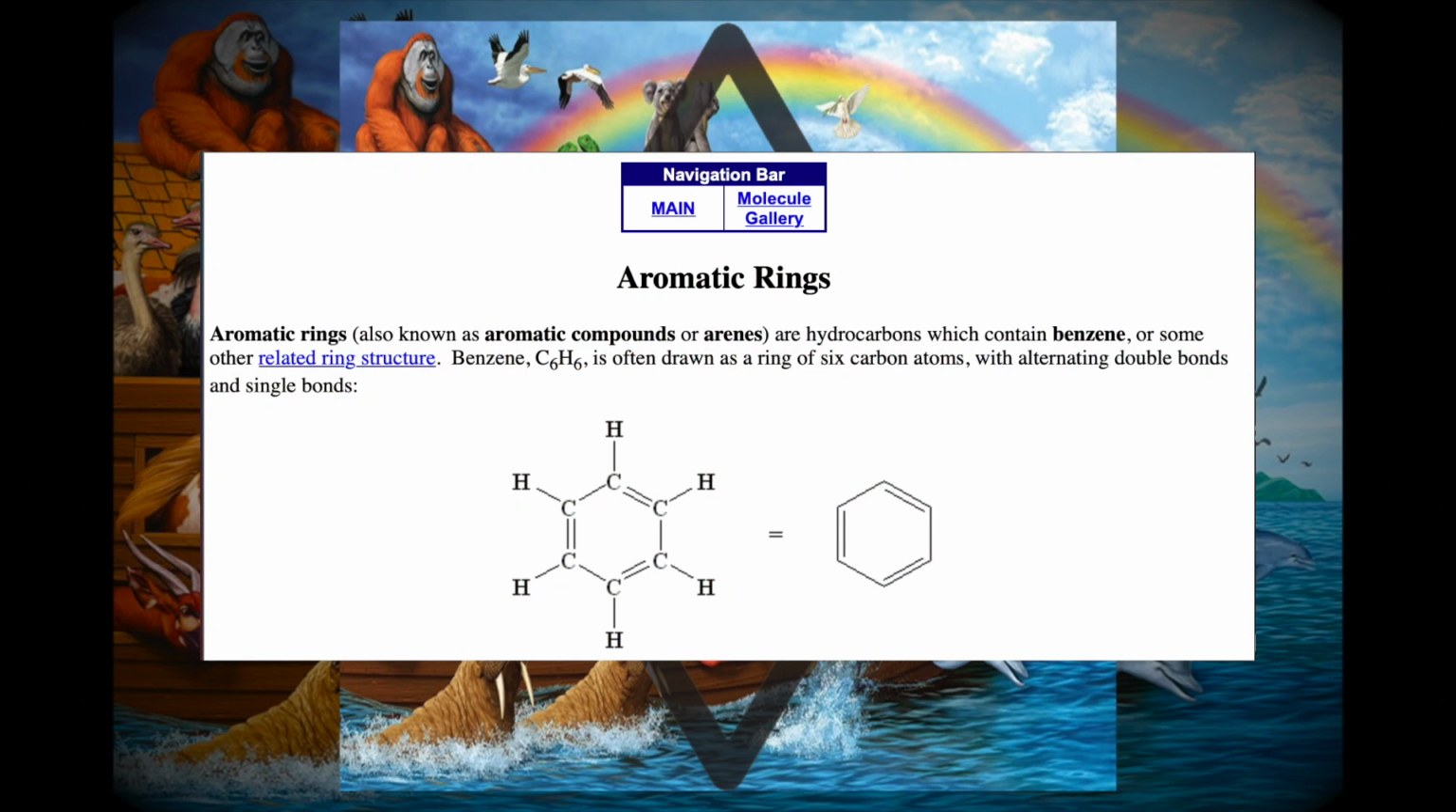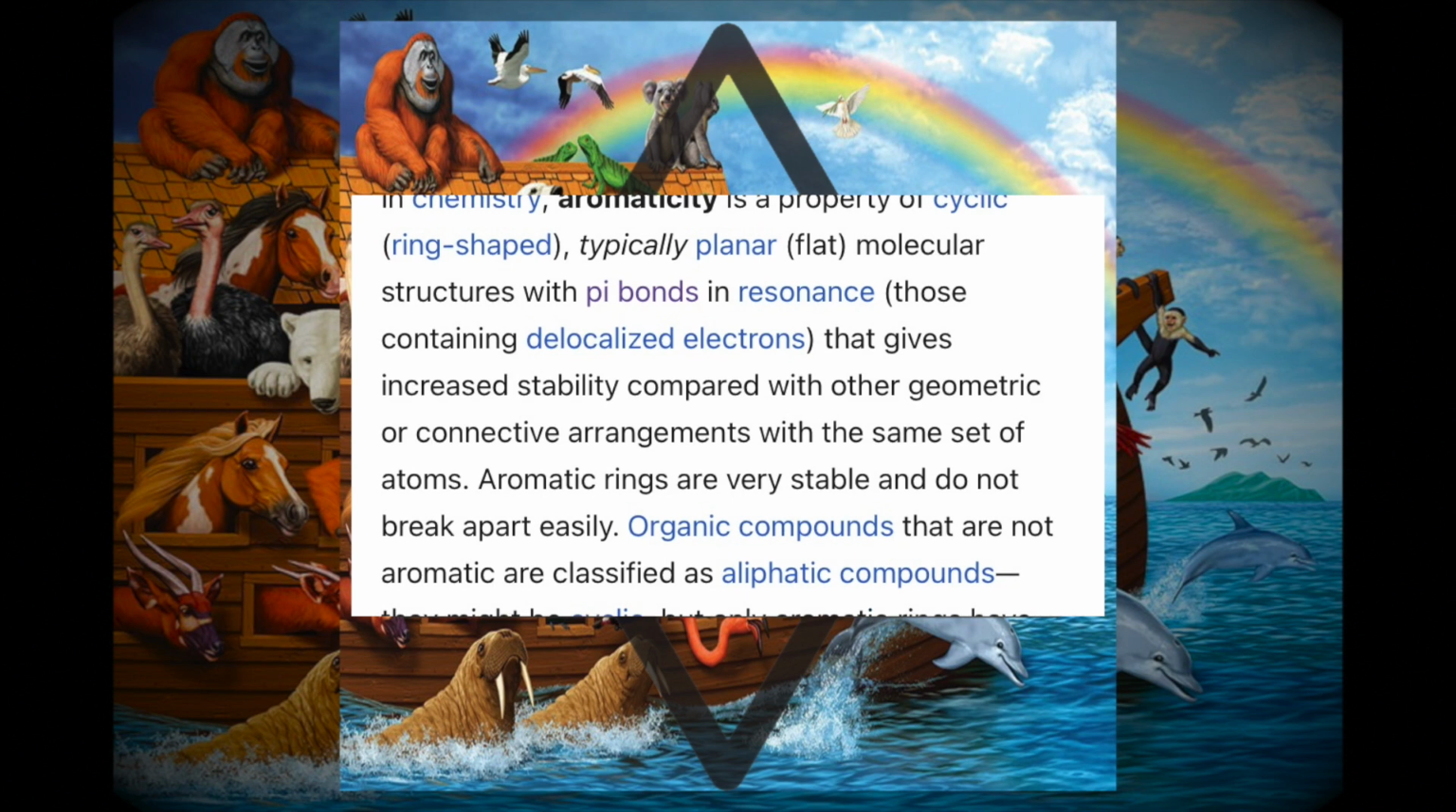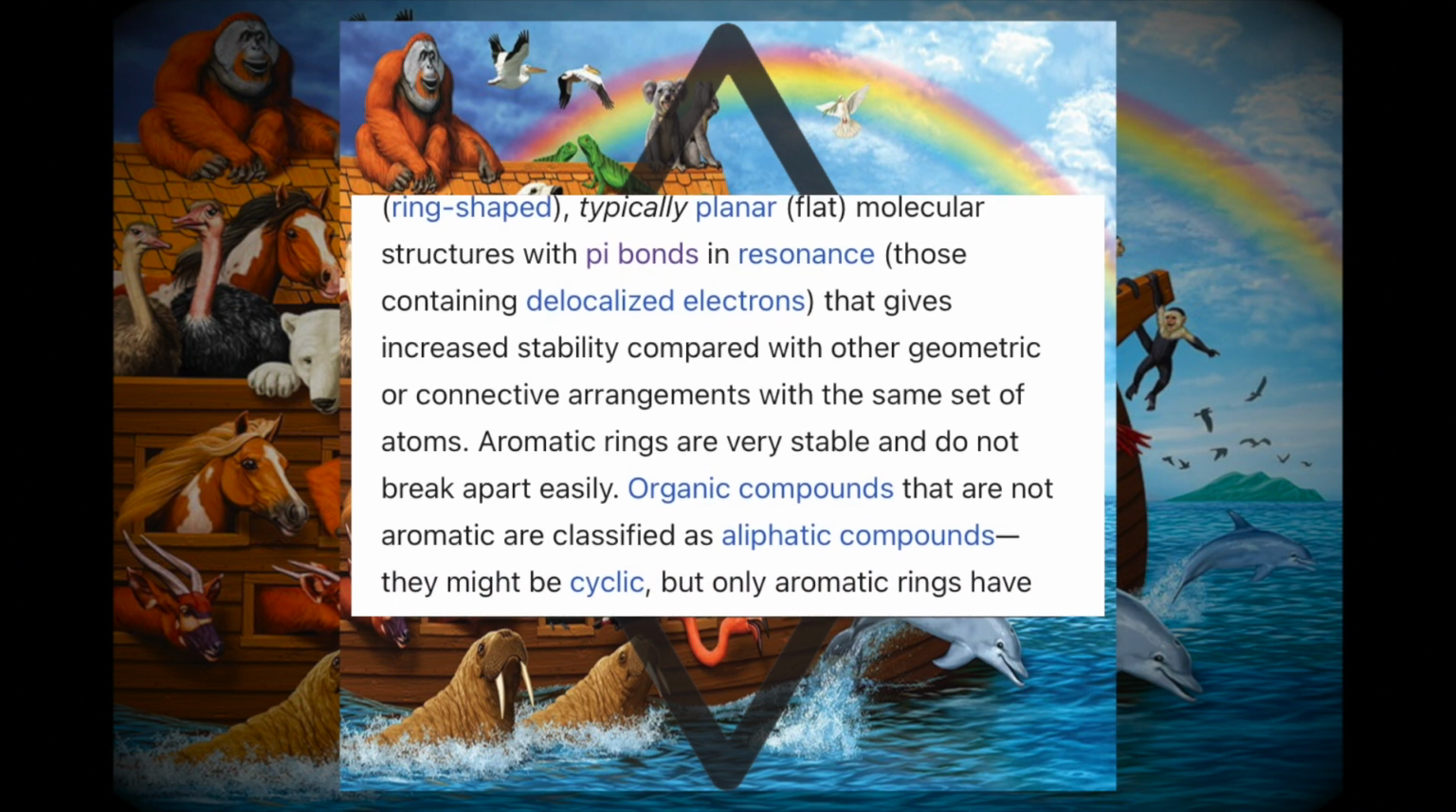Aromatic rings. Aromatic rings, also known as aromatic compounds or arenes, are hydrocarbons which contain benzene or some other related ring structure. Benzene, C6H6, is often drawn as a ring of 6 carbon atoms with alternating double bonds and single bonds. In chemistry, aromaticity is a property of cyclic, ring-shaped, typically planar, flat, molecular structures with pi bonds and resonance,